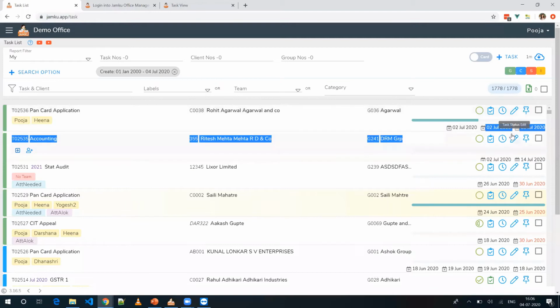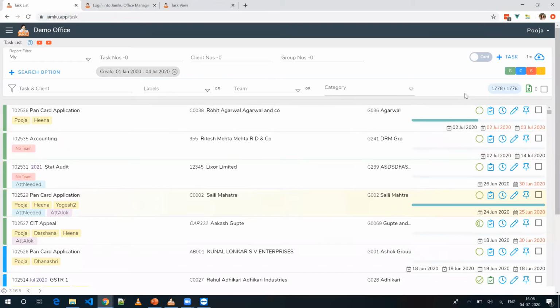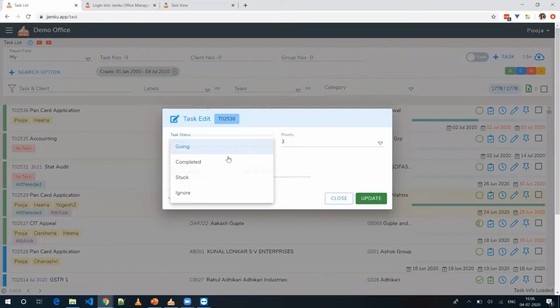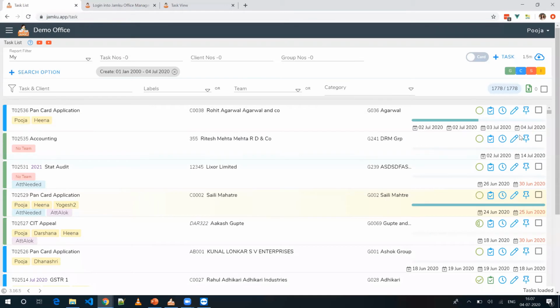For this work, the target date is also 2nd of July. Then the next one over here is 3rd of July. This is the due date of the task. Target date is optional to mention, okay? Due date will be compulsory to mention in every task, but target date will be optional. Creation date will be taken on the date on which you create the task. Now the 4th date option over here is the completion date. When I mark this work as completed, it will take that completion date over here. So you can see 4th of July. This is the completion date.